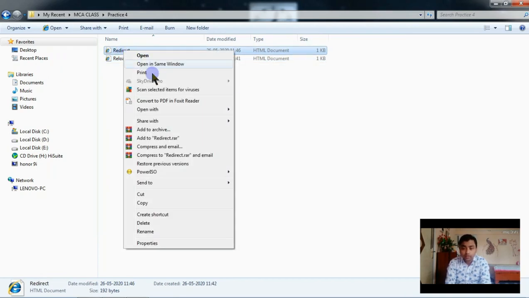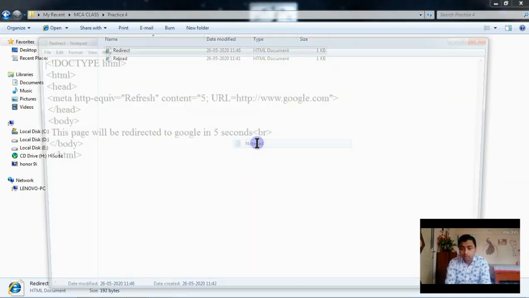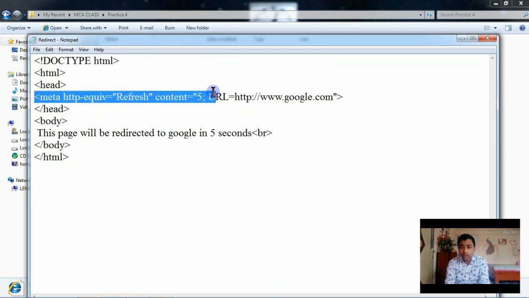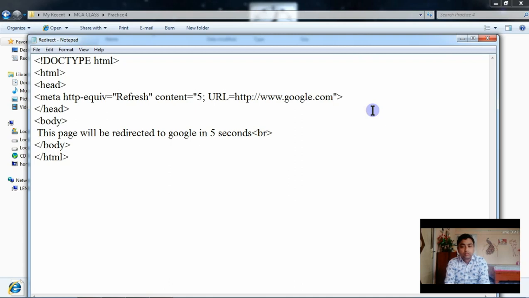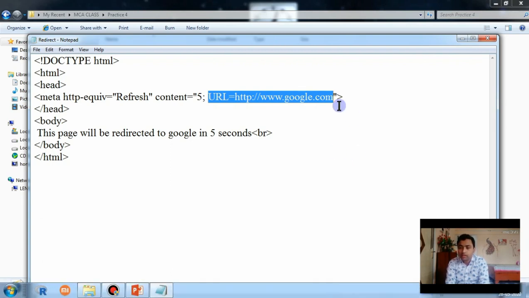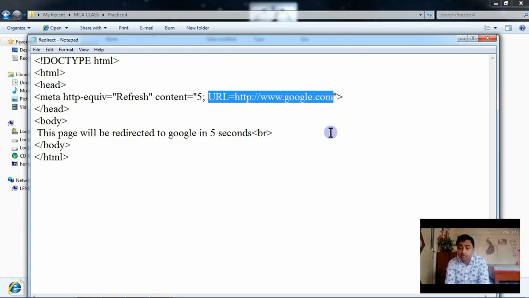Now redirect. Same code that I have given you in the presentation. Here this refresh and content equal to 5, then you have to put a semicolon and give the URL. I am using www.google.com here. It will be redirected to google.com if the internet is there, or you can give a link to other web pages also, and the time given is 5. Okay, then close the quote here. Inverted comma here, not the colon, inverted comma here.